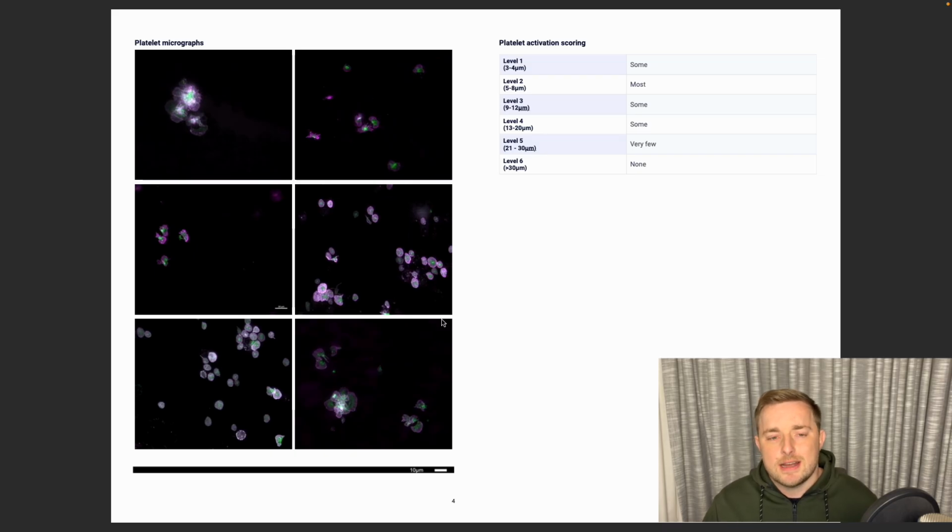So as I understand it, what this tests for is the platelet activation. And in these cases, you can see these clumps of platelets is what they are checking for. And that's not such a good sign because it means that there are kind of your platelets just being hyperactive, if that makes sense. And I'll still need to research and learn a bit more about how this should look